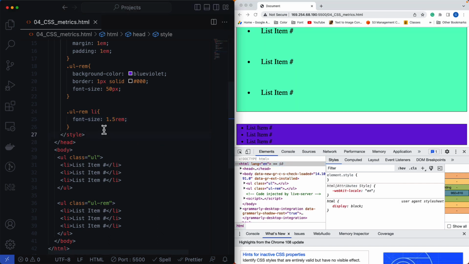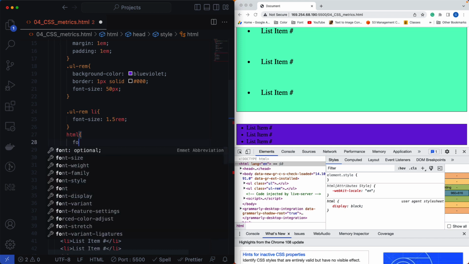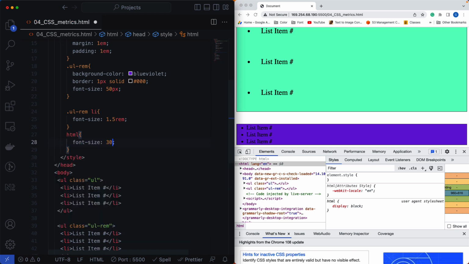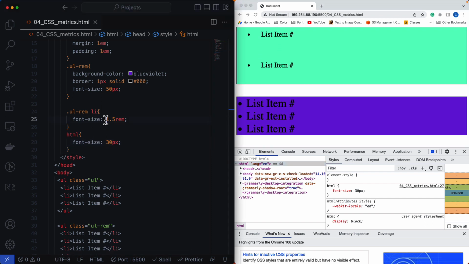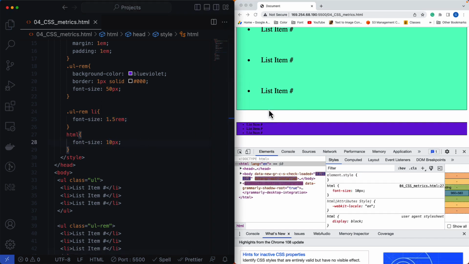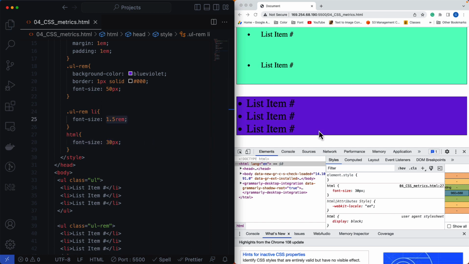So if I try to increase the HTML's base size to 30px, now these elements that have been assigned the rem value 1.5, now 30 into 1.5 is the value that is being assigned to this. If I change it to 10, that got reduced. Using ems and rems for the font size is really beneficial in most cases,